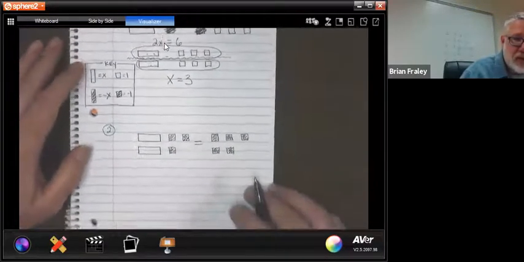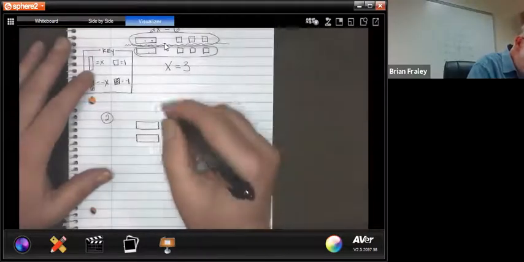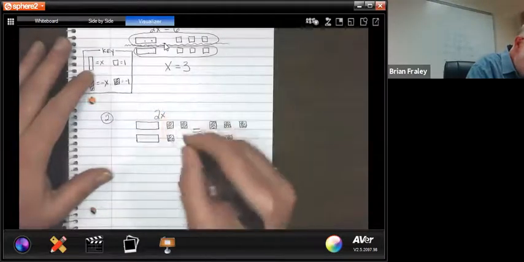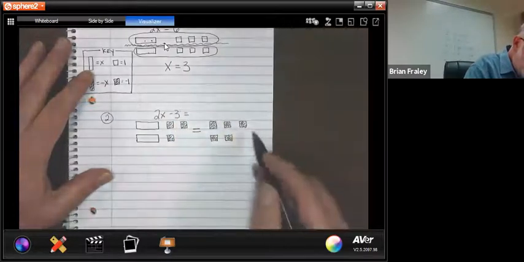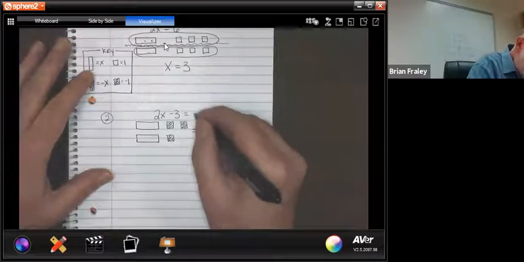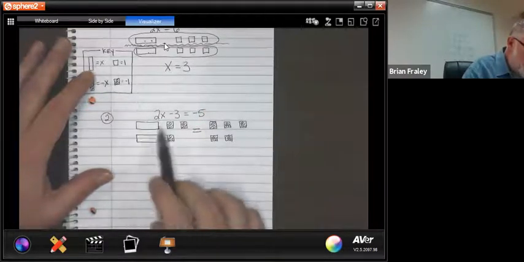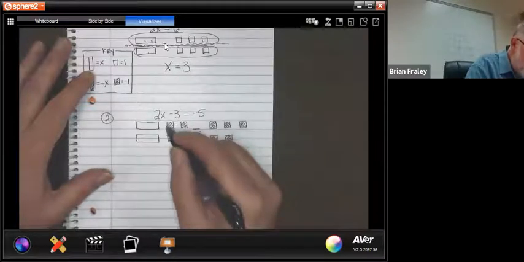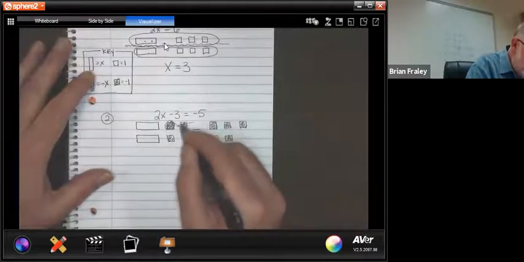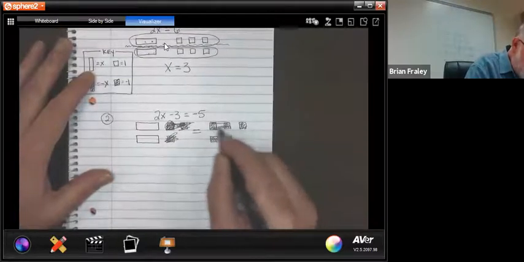Moving to the next one. Let's put what this original problem is. I see 2 positive x's. I see minus 3 1s. Then I see an equal sign, and I see 5 negatives, and they are single 1s. They don't have x's in common, but they do have some single squares. They've got 3 of them in common. So if I get rid of 3, and I get rid of 3 over here,